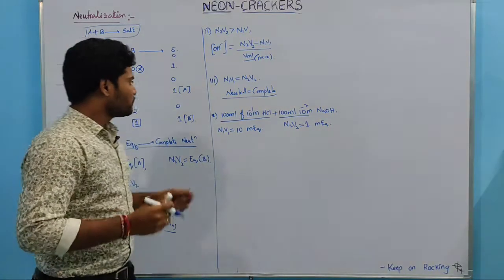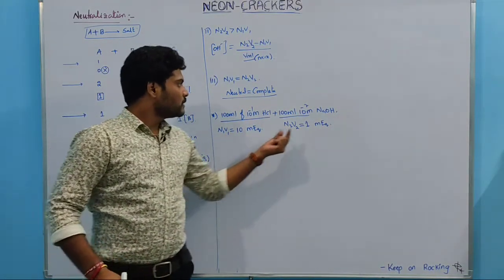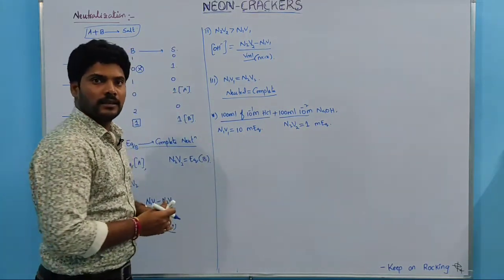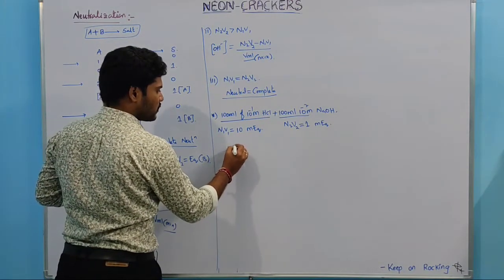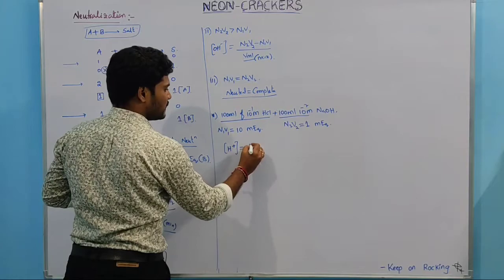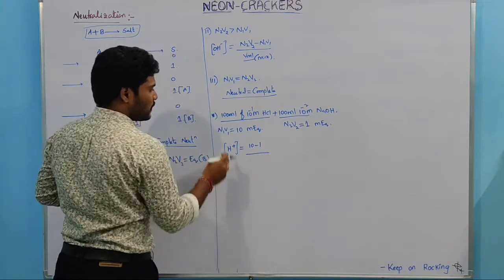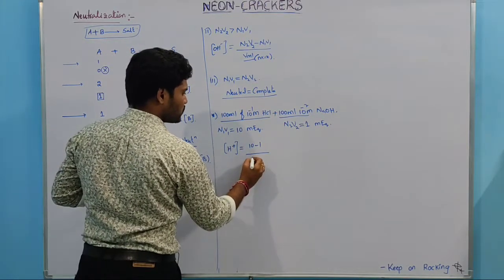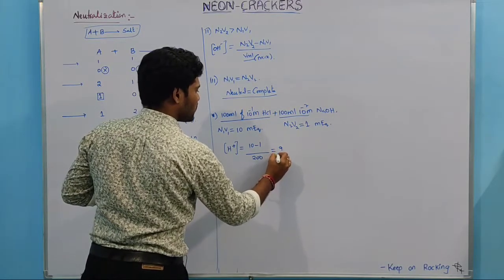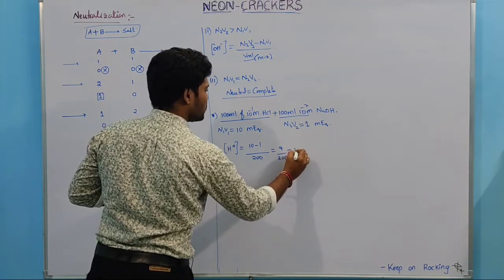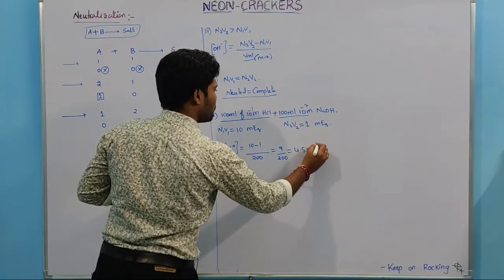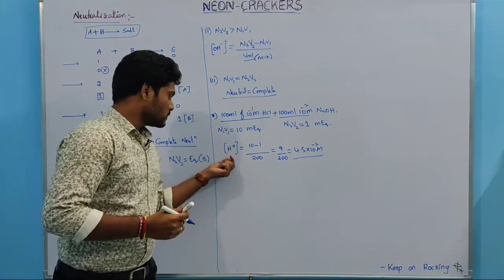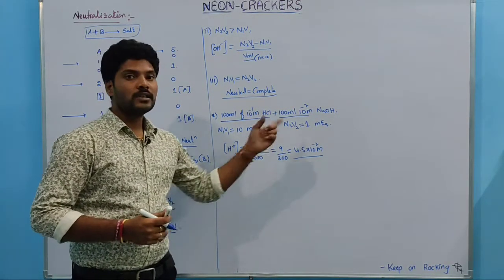Now if we observe here, acidic milliequimoles are 10 and basic milliequimoles are 1. So which is dominant here? Acidic. Yes or no? So acidic means what is the expected concentration? H plus is higher minus lower, upon, since it is milliequimoles, the volume should be in ml of the mixture. So 100 plus 100, how much? 200. So this is 9 upon 200, which is 4.5 into 10 to the power of minus 2 molar concentration of the mixture. So what kind of concentration is it? Acidic concentration. Acid is dominant.